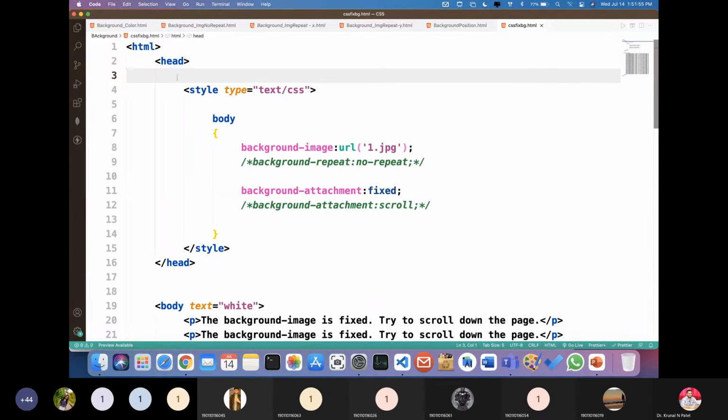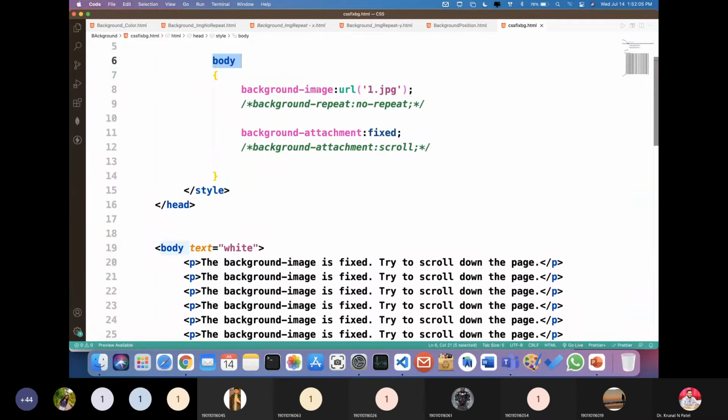First of all, we have the HTML document, head and section, all of which we have already discussed. Now just focus on the CSS part. For the body, I want to set the background image. What rule do we provide? We provide the URL, that's it, guys. 1.jpg is one image I have. Now I'm using background attachment, and I'm showing you the demo, so please focus carefully. Right now I have used fixed.